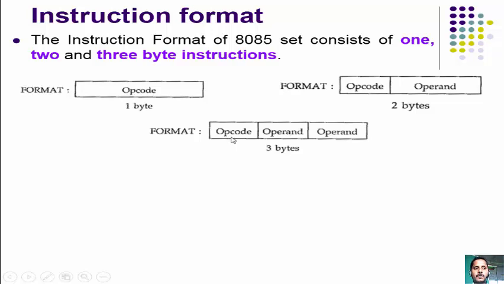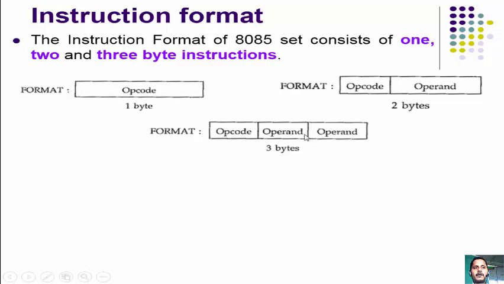As I said, opcode is nothing but operational code, depending on the instructions provided by the user. The equivalent hexadecimal code is nothing but the operational code. Depending on the opcode, the microprocessor decides whether this particular instruction is for an addition operation, subtraction operation, and so on. Then operand. In the operand field you will find the data or address, or we can say 8-bit, 16-bit data, or 8-bit, 16-bit address.